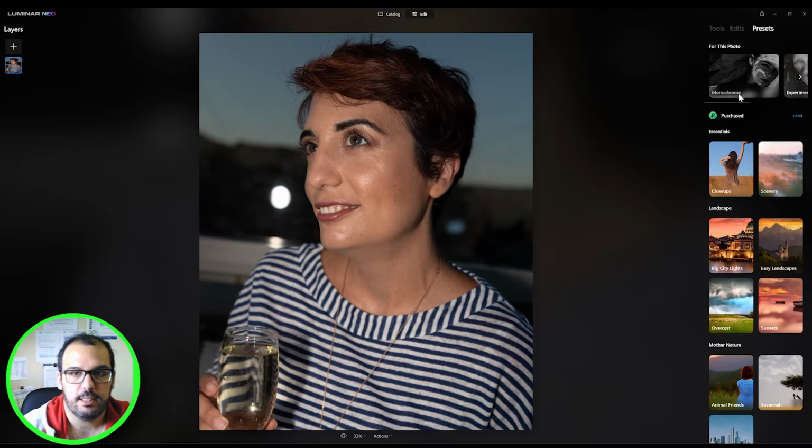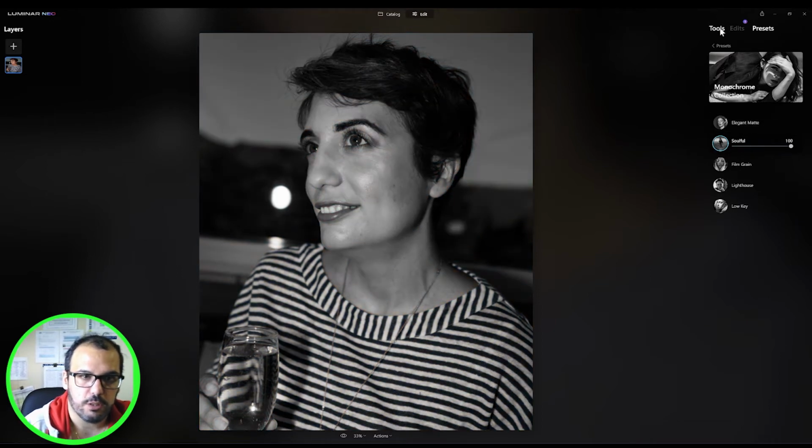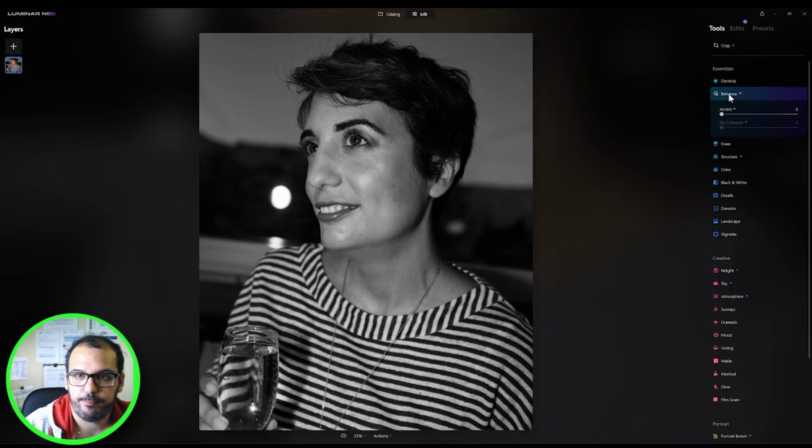It detects that this is a portrait shoot. Because I want to make it black and white, I come to the monochrome collection and I find this preset named Soulful. I hope I pronounce it well. After a few seconds, this is how my picture looks initially with one click. Let's start editing. First of all, I start with Enhance AI